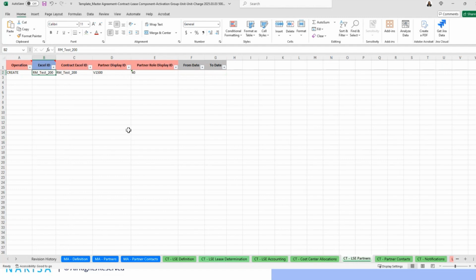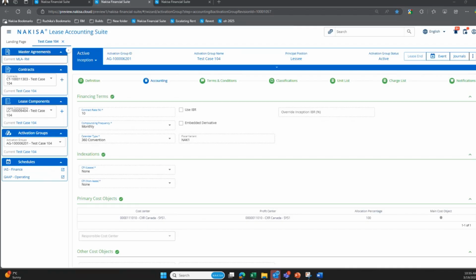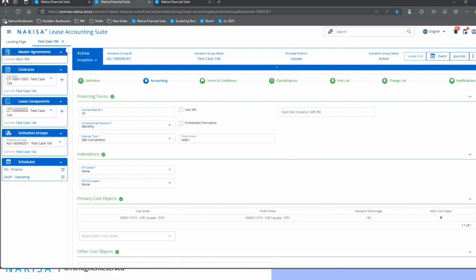Partners is required at this point to be entered. So normally partners is 40. So here we do have digit 40, but I think it's very standard and generic. But then, as I mentioned, some things need to be traced back to the FOSS. In this case, we're using a partner display ID, which we have selected V1500. So if I may just take a split second and look for